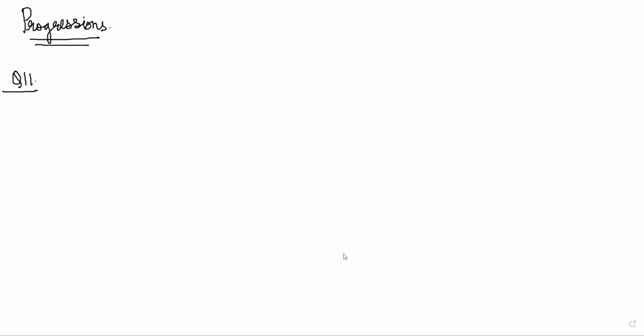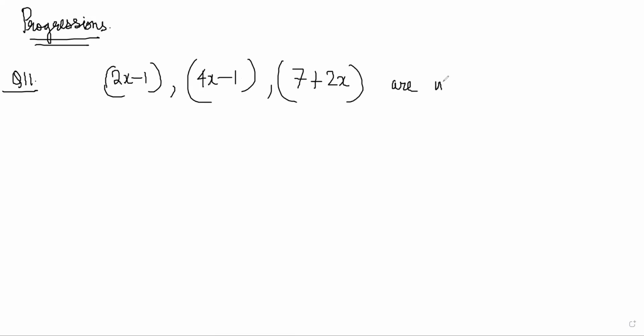2x minus 1, 4x minus 1, 7 plus 2x are in GP. So here I put x as 1 because it seemed obvious. Wait, why are you putting values? Because I noticed if it's in GP, the common ratio would be 3 if you put x as 1. But this is not a guessing game. You don't have to put values and guess the things. You have to solve it like a proper mathematician. Why are you guessing? Putting x as 1 and all is fine, but it is not said that x is 1. So don't guess anything. If they are in GP, what is the property that they must satisfy?